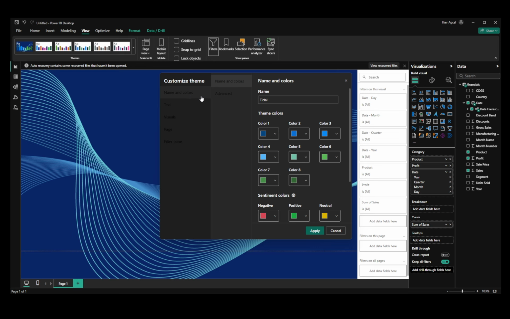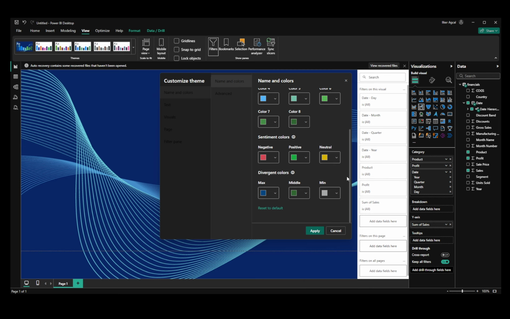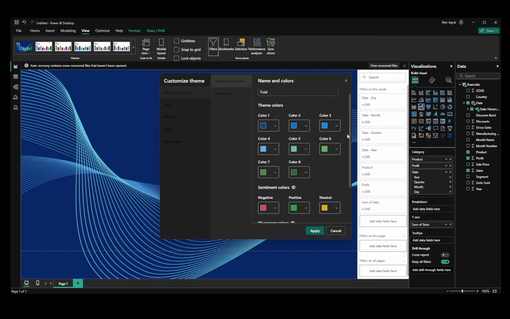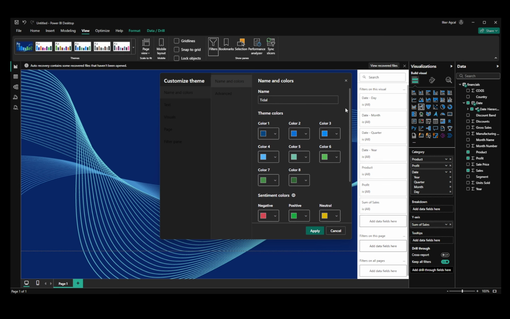The Colors section offers you the ability to adjust data colors and accents, allowing you to highlight specific elements of your report or align the colors with your brand's palette. This is especially useful if you're preparing reports for a particular audience or stakeholder and need to ensure the design